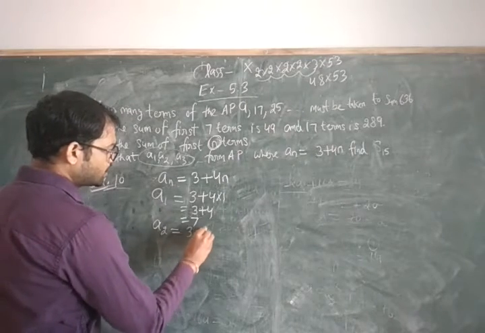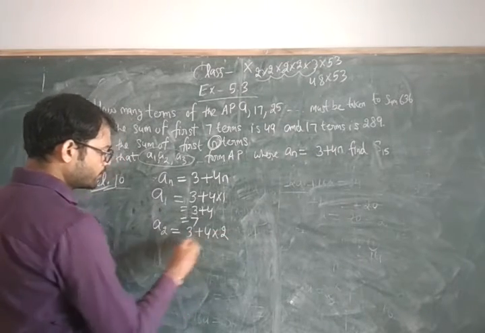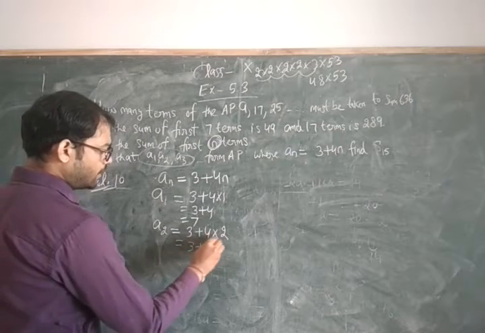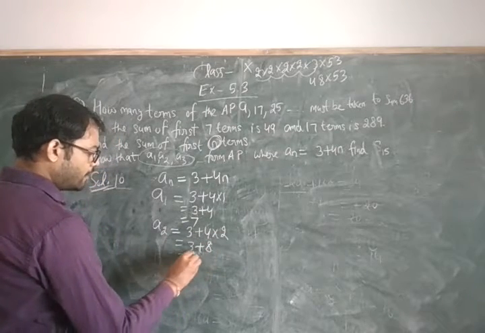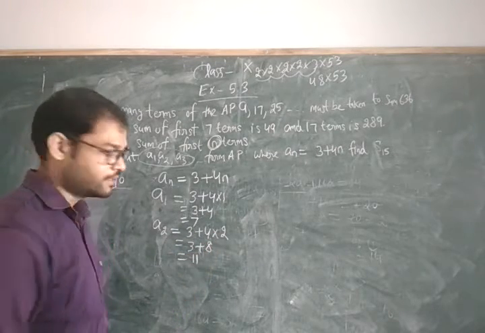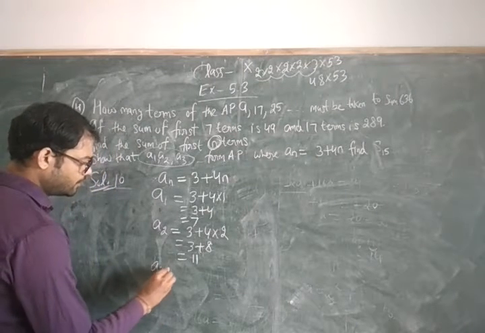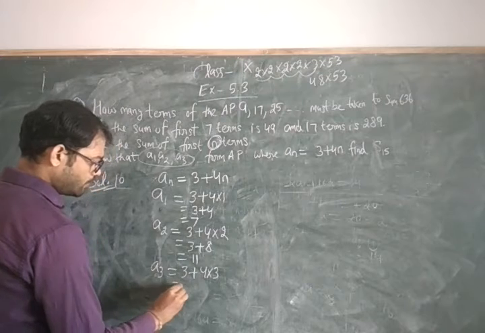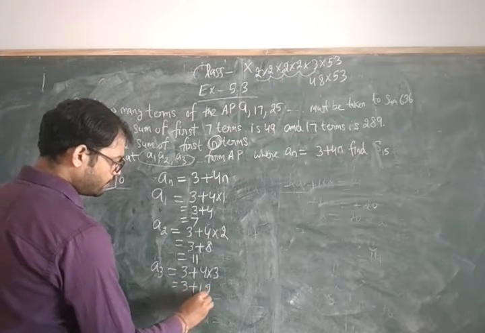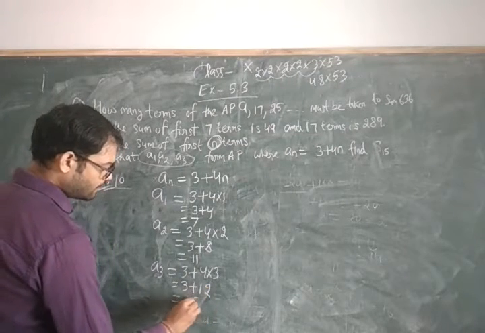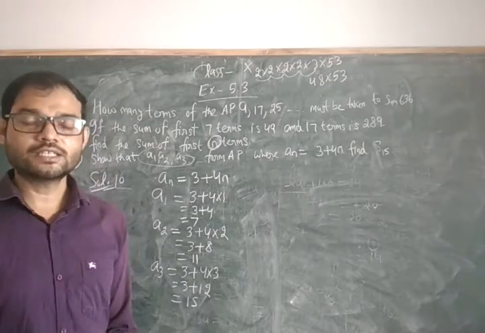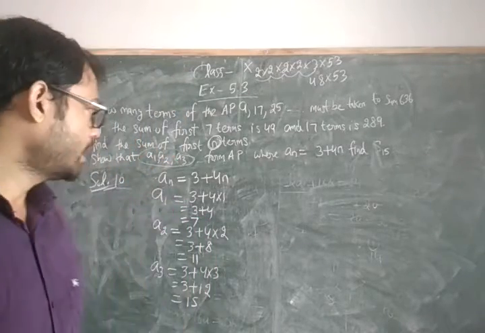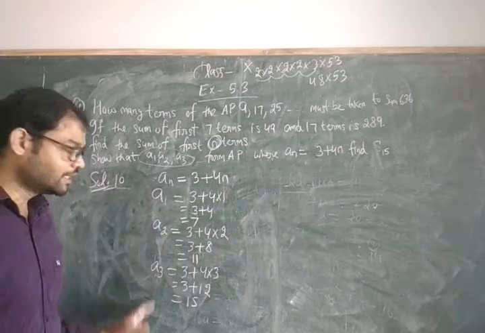A2 is 3 plus 4 multiplied 2 is equal to 3 plus 8 and it becomes 11. The same way third, 3 plus 4 into 3, so it becomes 3 plus 12 and it becomes 15. So like this you have all the three terms, and now you can see that these are AP